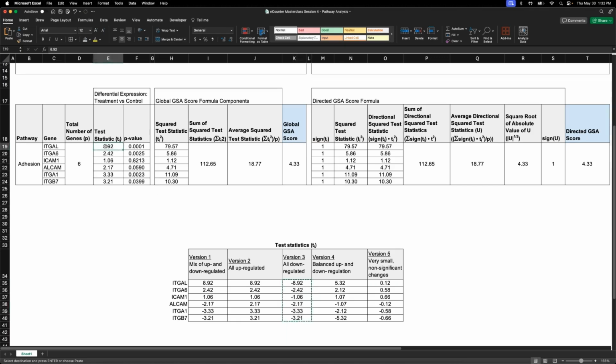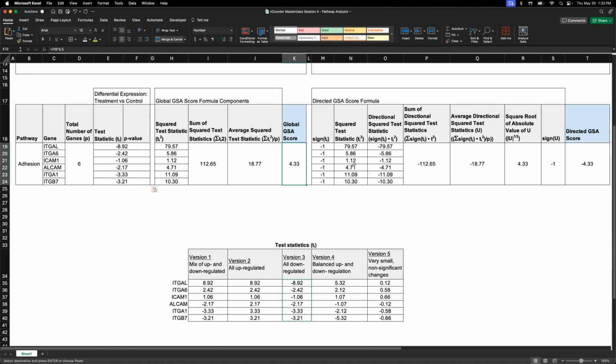So let me paste this in and show you. In this case, they're the same, but the signs are switched. So you remember the global score is independent of whether the genes are upregulated or downregulated. It just looks at all of the genes and says how much total evidence or how much change there is in the pathway. So we're not taking into account whether this gene is downregulated or upregulated. The value of the global score is always going to be positive, and it's because mathematically we're taking the square of the t. We're just squaring t. But on the right-hand side, we are taking into account, again, the direction.